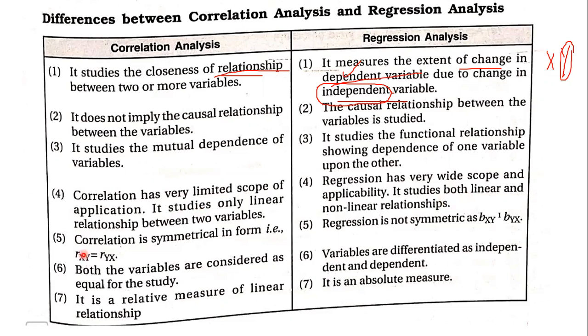Then correlation is in symmetrical form, which means x, y and y, x are the same in correlation, but in regression they are not the same. X, y and y, x are different. In correlation, the variables are equal. In regression, you have two different types, dependent and independent. In correlation, it's a relative measure and regression is an absolute measure. So we will find the degree of, in absolute measure,